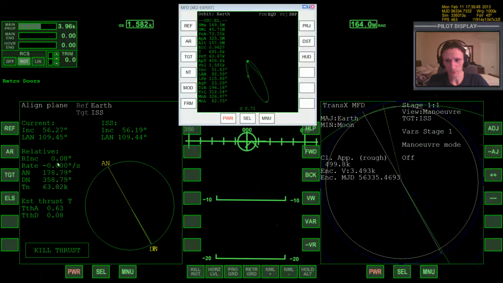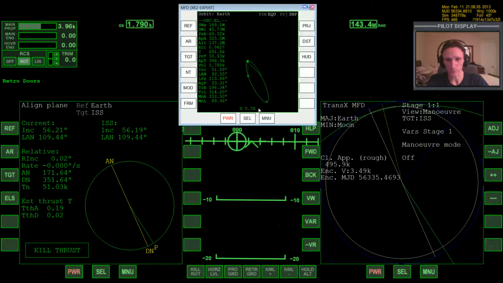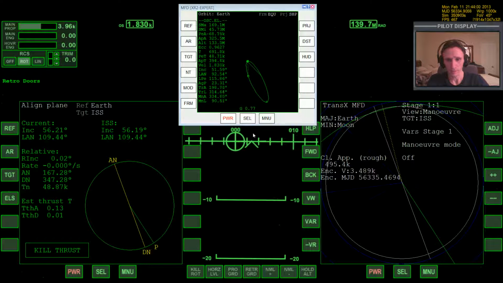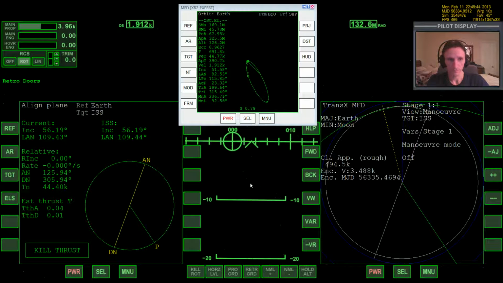Watching PEA, watching relative inclination, sort of somewhat keeping an eye on the ISS's position, but I think that part's going to be fine. I think we're going to have to raise our PEA a bit. We're down to 0.75 gravitational influence. This number is getting very reliable at this point. We're almost at 0.00. Okay, we're at 0.79, so let's